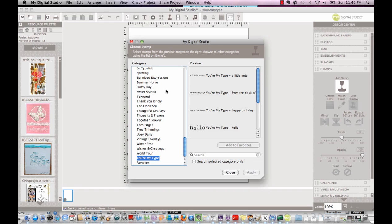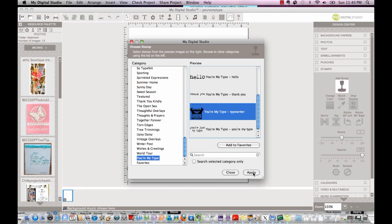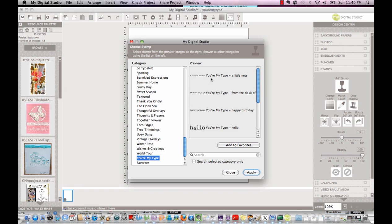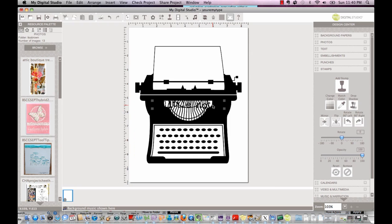And this one is one of the ones, as of this recording, that was fairly new, called You're My Type. It was in the 2012 Occasions Mini. So I've selected it, and over here in the right in the preview screen you see all the different stamps that are within this set, and I want to choose the typewriter and click Apply, and then I'm going to go up here to a little note and click Apply, and I'll click Close. And you'll see it's put them on my page, and it takes up the whole page,